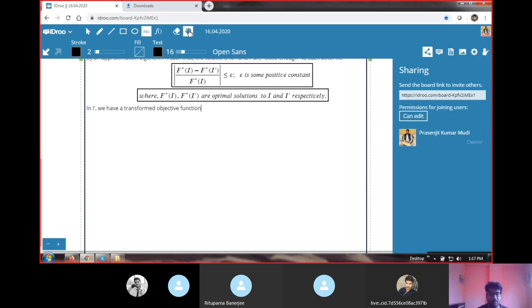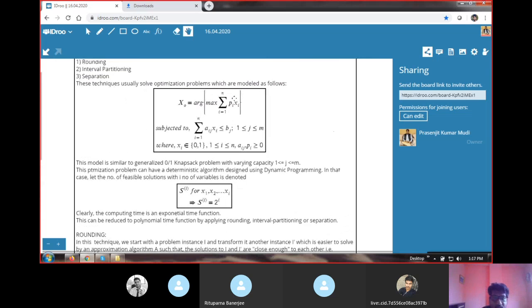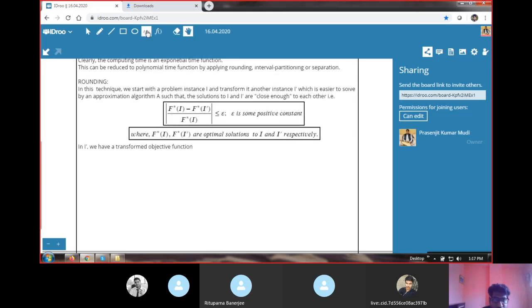Earlier we said that this is the model of the problem instance I: maximizing the profit function, the objective function, summation over p i x i. That is the model of the objective function for the problem instance I. Then in a new problem instance I dash, the transformed objective function becomes